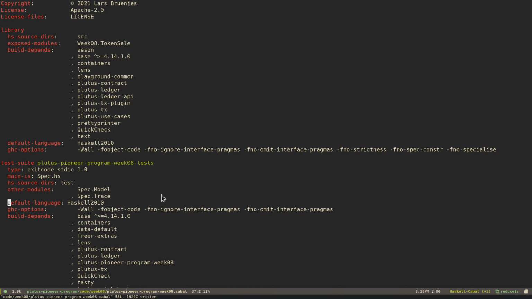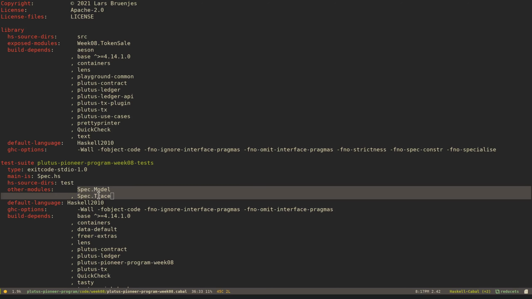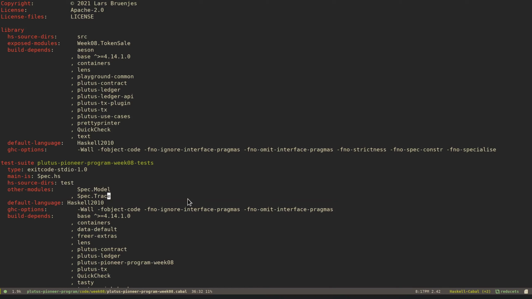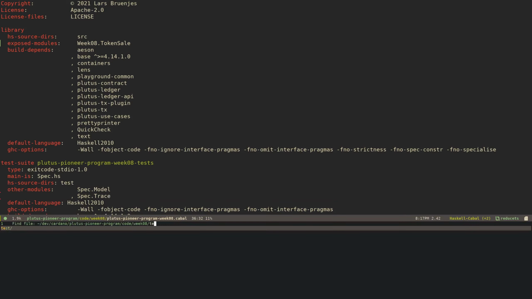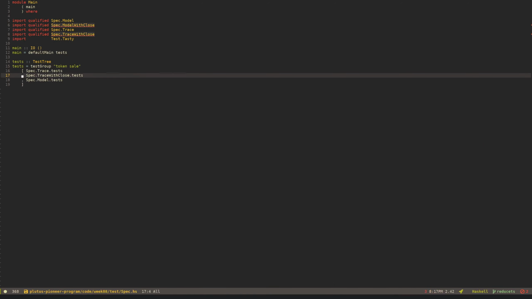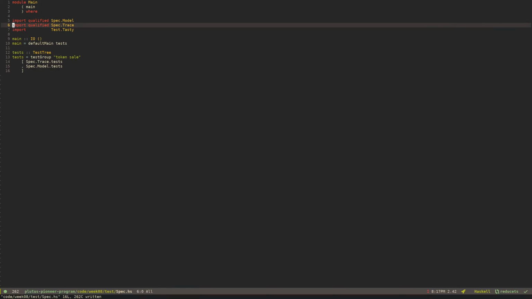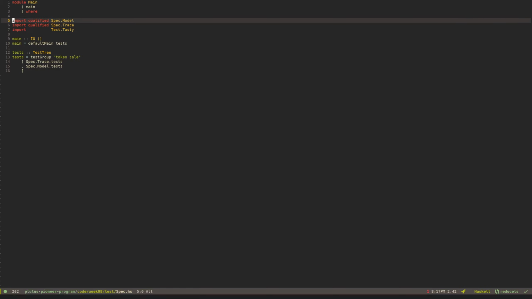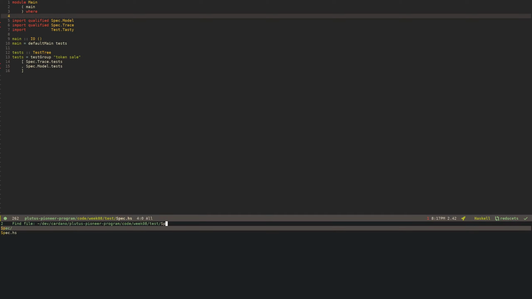If you have this under version control from Git, you should never worry about deleting things. That's the whole purpose of Git. So I only have the TokenSale module and the two model and trace files for the tests. I will also strip down the Spec.hs, everything that I am not going to work on. And on the spec model,